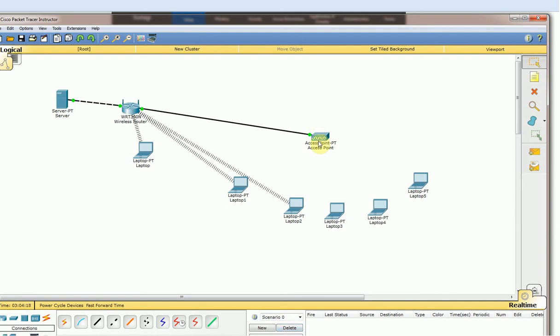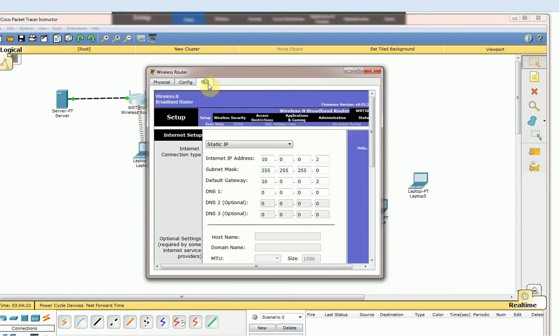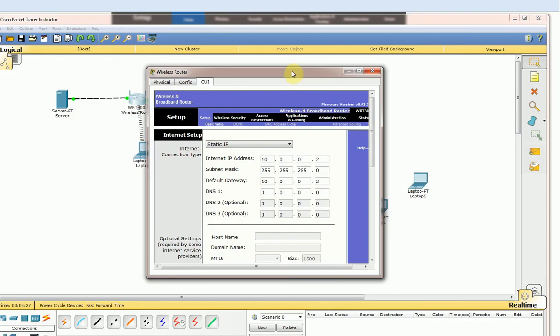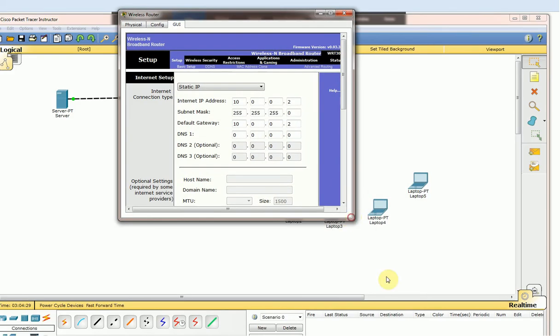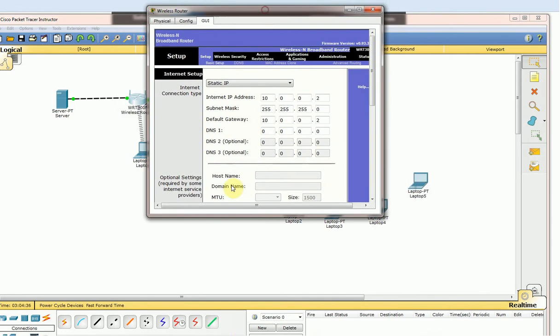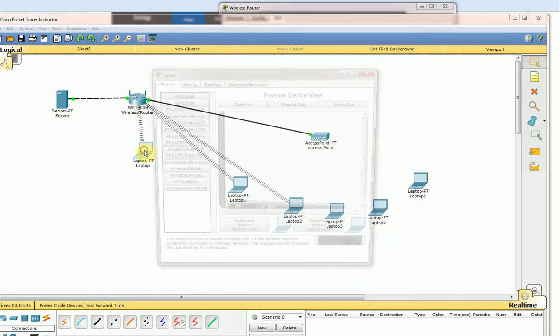And now we are going to configure this wireless router. So when we go to the wireless router, we basically go and configure the same. If we type 10.0.0.2 from any of the servers, it will reply the same.